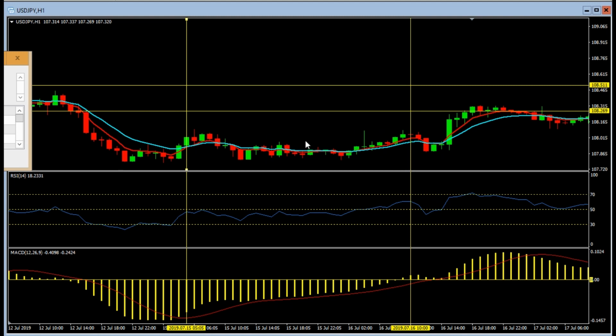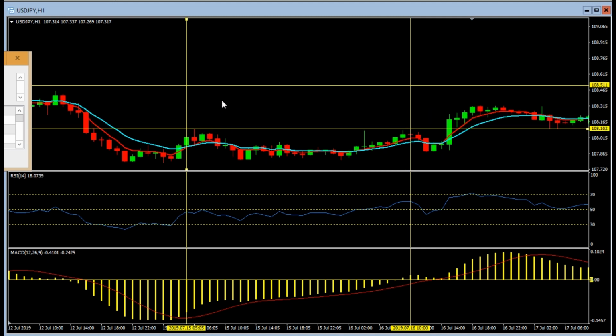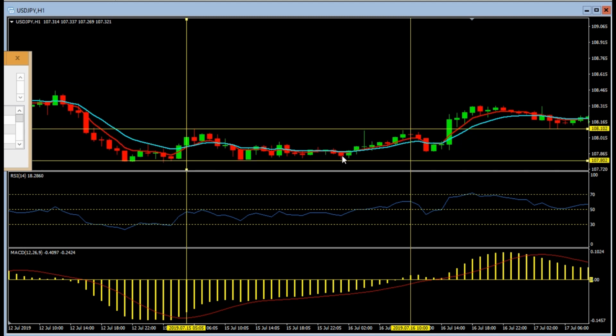You can do this thing also. When you see the market is in a range and it's not moving much, you put two lines, one on the high, one on the low, and then when the market breaks, you take the entry. Now the market breaks on the 16th. Here, if you put a line on this candle, you'll see